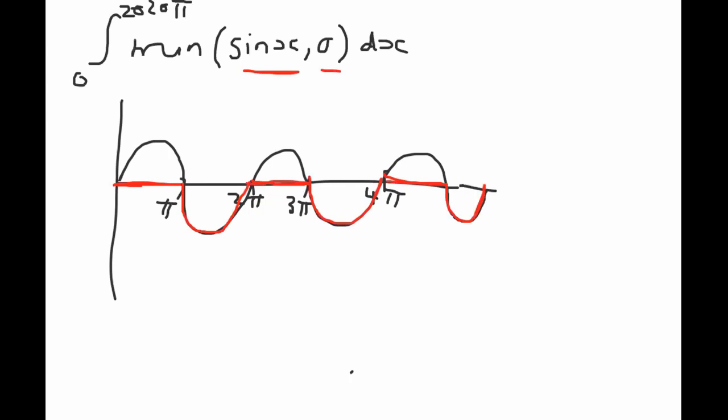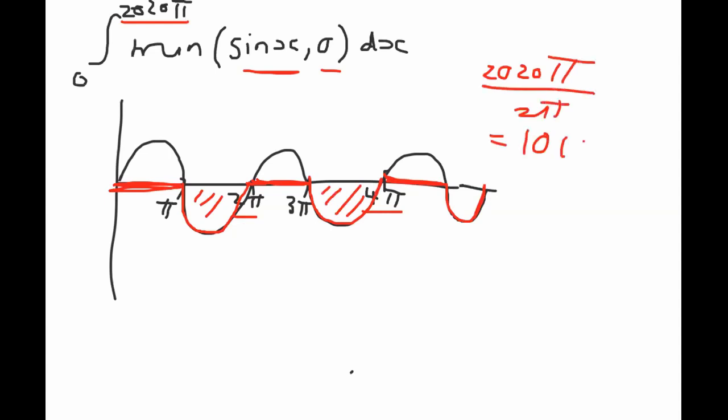And since we're interested in the area under this curve, we know that in all these flat components, the area is obviously 0. So we just need to find the area in these components. And how many components are there? Well, the first one goes up to 2 pi, the second one goes up to 4 pi, the last one goes up to 2020 pi. So there's going to be a total of 2020 pi over 2 pi, which is 1,010 components. And then we just need to find the area in one of these components. So our final answer is going to be 1,010 times the integral. So from here we're going pi to 2 pi,